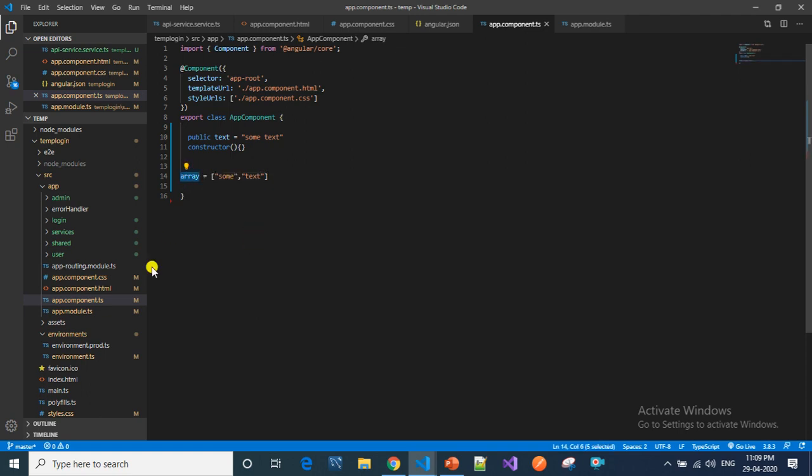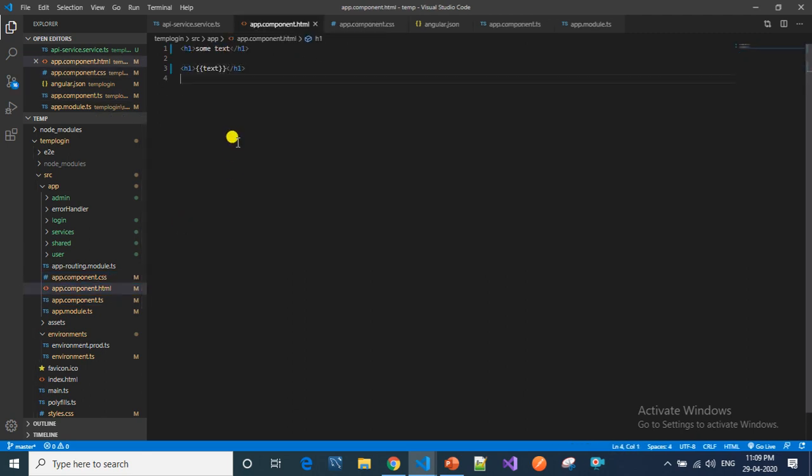I'm going to use this array in the HTML, and we will use ngFor to bind the data: let element of array. To bind the data coming from the array, I am using interpolation here.